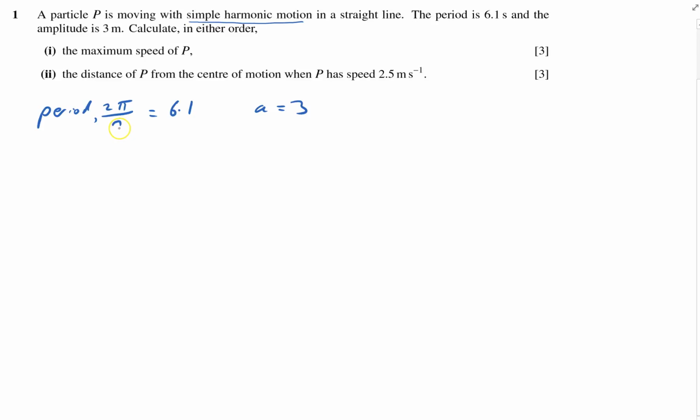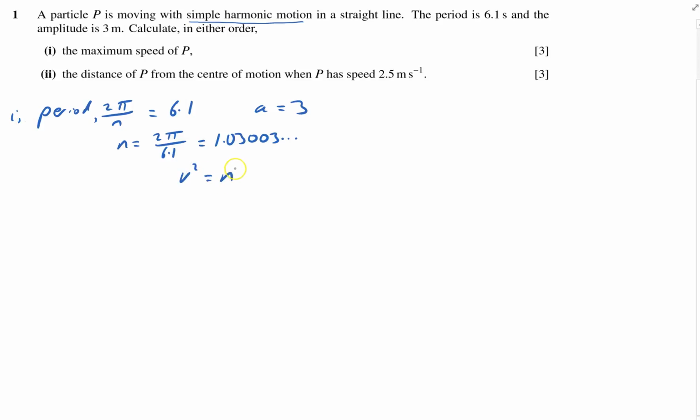Well, first before I do anything, I'm going to work out what n is. So times both sides by n and divide by 6.1. So n would be 2 pi over 6.1, and that equals 1.03003. Carry on. So I want the maximum speed, so I'm going to use the NAX formula, and that is